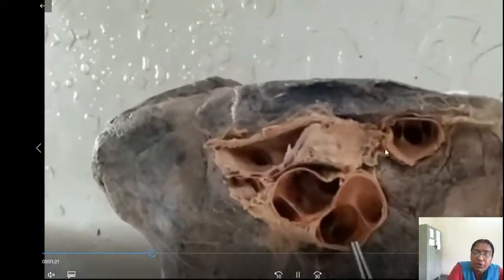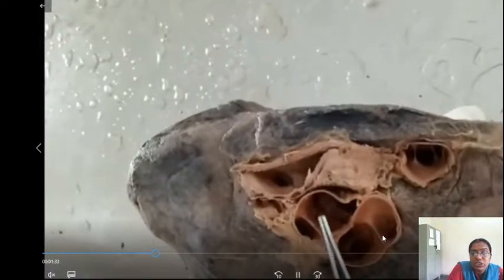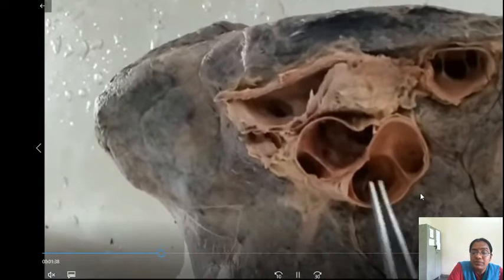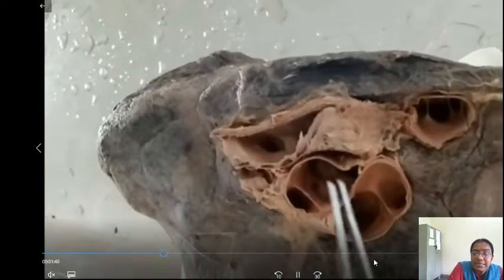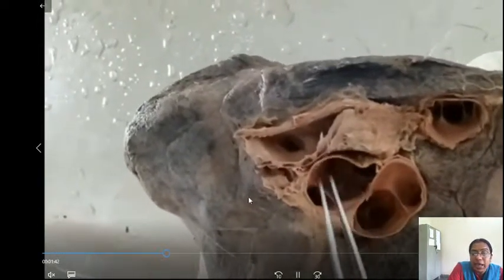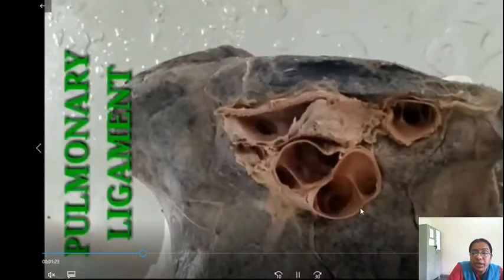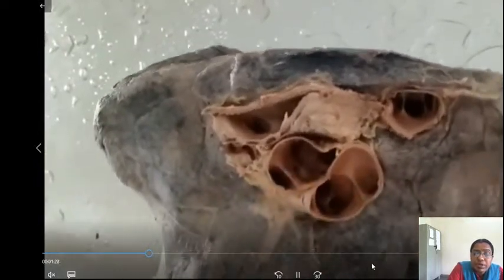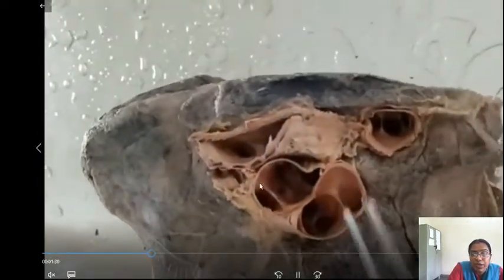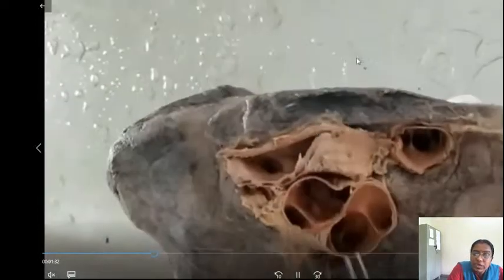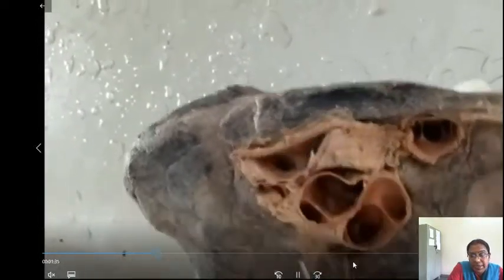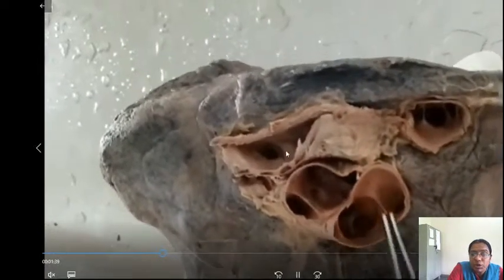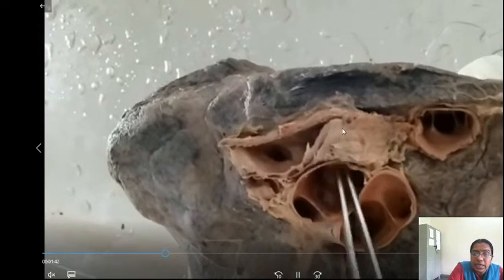Next, after this, we will see the hilar structures, the hilum at the root of the lung, which connects the medial surface to the mediastinum. We will see the arrangement from posterior to anterior and above downwards. What are the things that you will be getting? So when you are seeing from posterior to anterior, from the posterior part, what you are getting first is